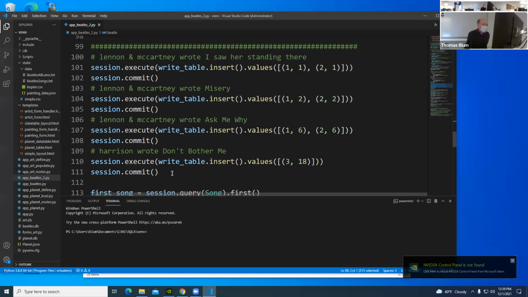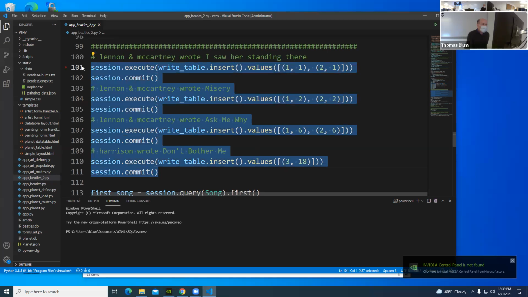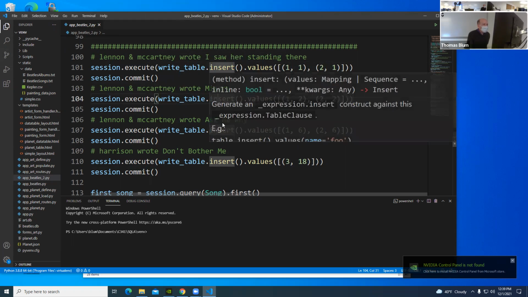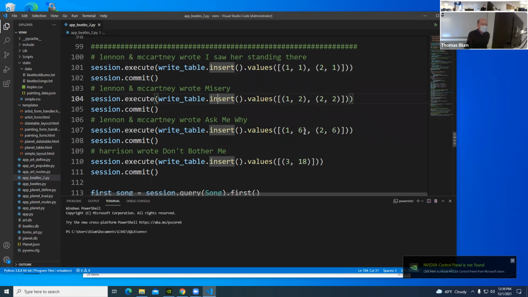And here is me entering data into the write table. So the first song was written by McCartney and Lennon. I'm making that relationship between the songs.